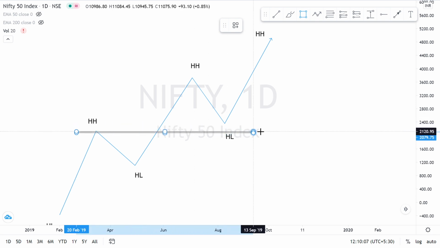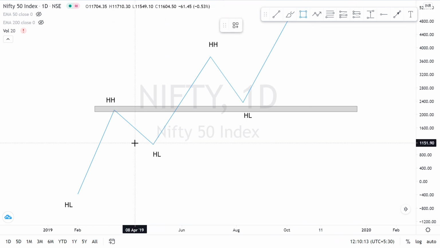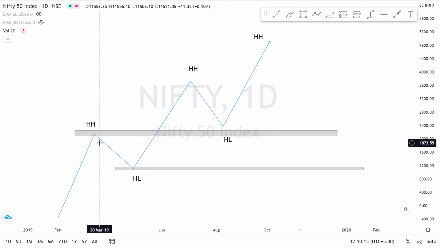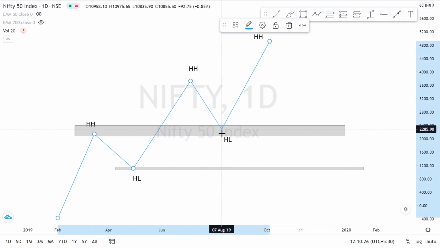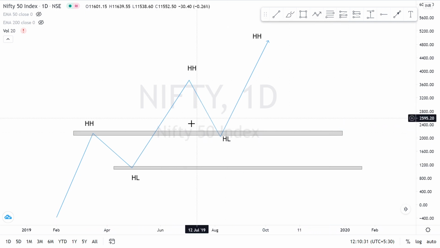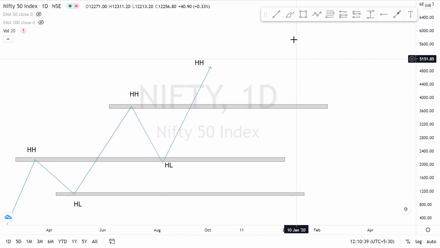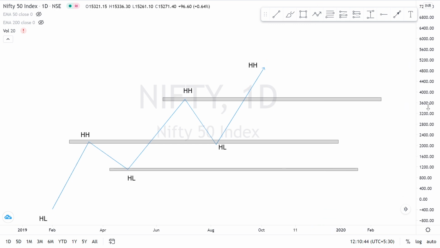When it moves up it forms supports and resistances along the way. Where it last took a resistance is the resistance zone, and when the market breaches this level and breaks, this same resistance zone becomes a support zone for the next higher low. Market comes to around those levels and then bounces up. This is also called retesting the support, and then it goes up again and breaks this area of the higher high, and this becomes the next support for the market when it comes down. So this is how a bull market functions.